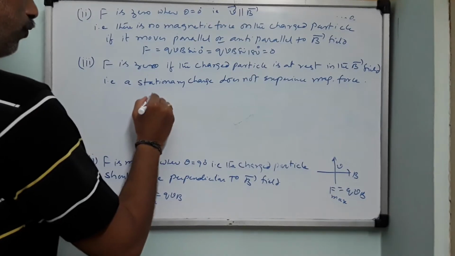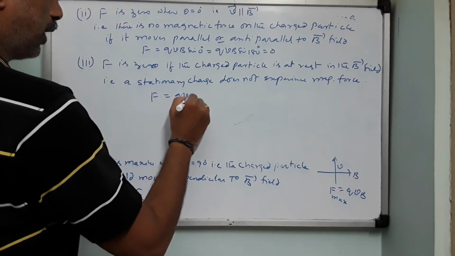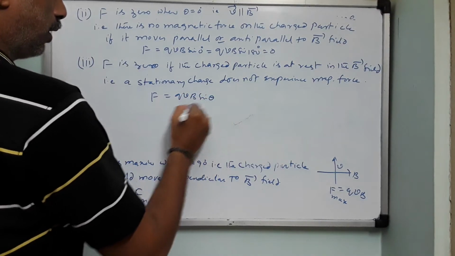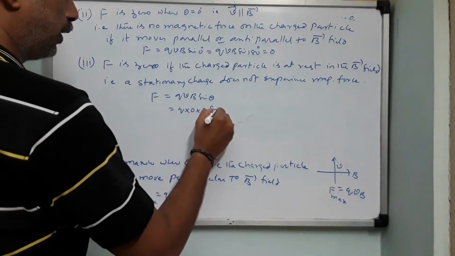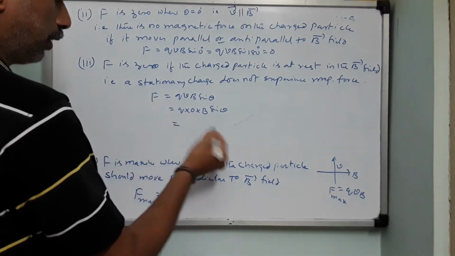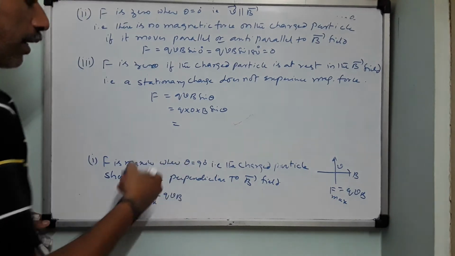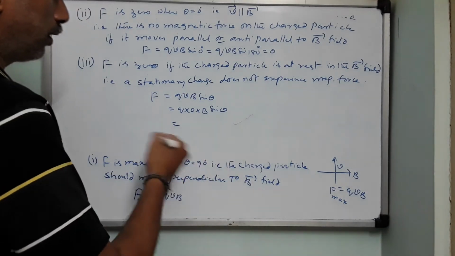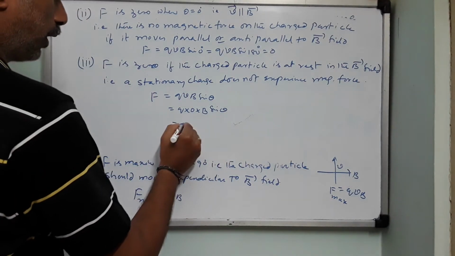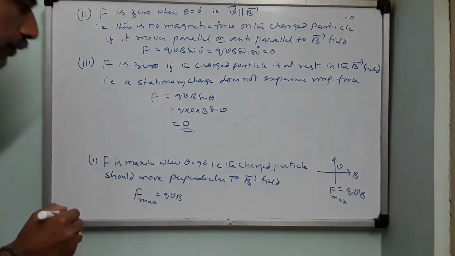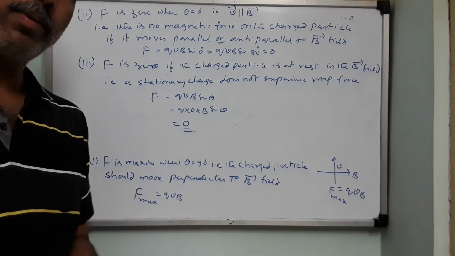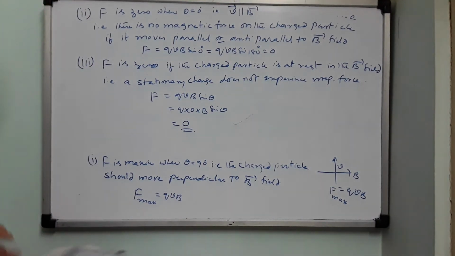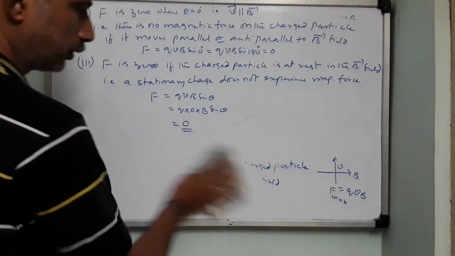So in the equation, if you write F equals to QVB sin theta, now I write Q into 0 into B into sin theta, whatever be the angle. There is no meaning of angle. When it is at rest, you cannot discuss anything about the angle. So this entire thing will become what? 0. So these are the 3 cases, children. Remember, this is very important for 1 mark questions. Right.